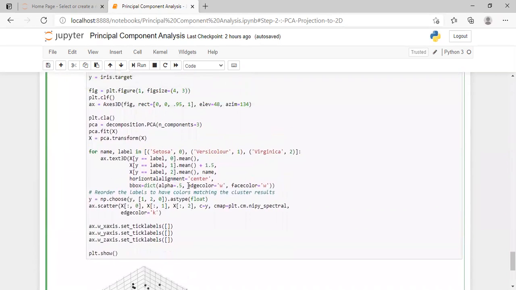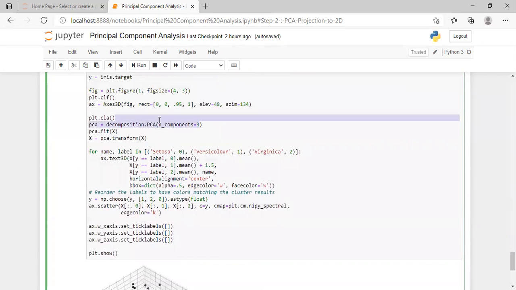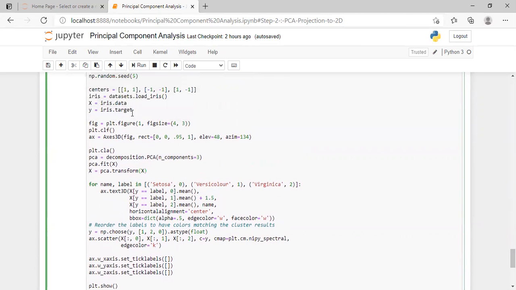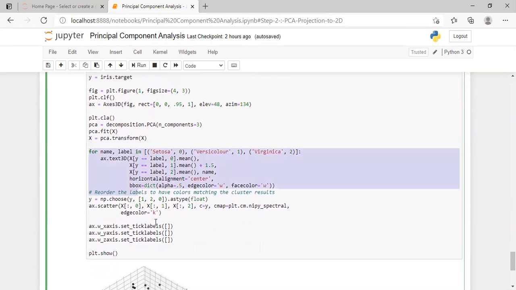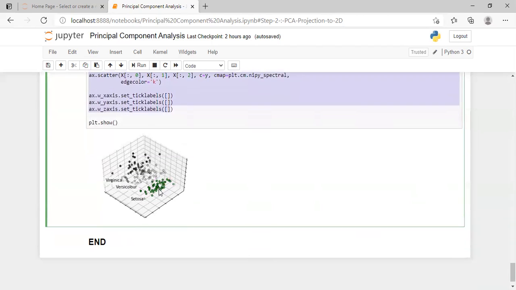I have done some coding to get you going. This time I'm using PCA with n_components equal to 3, using the same technique, and I'm transforming my data onto the Iris data set over here. It is all the same thing, but I am doing some coding for the three-dimensional space. Now you can see that it plots very nicely.